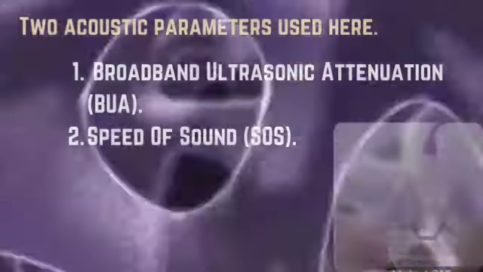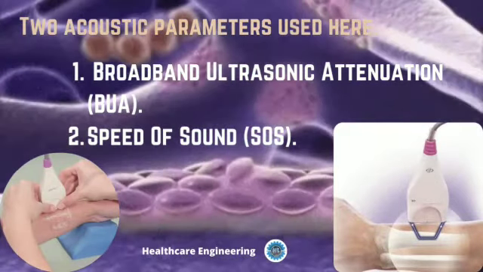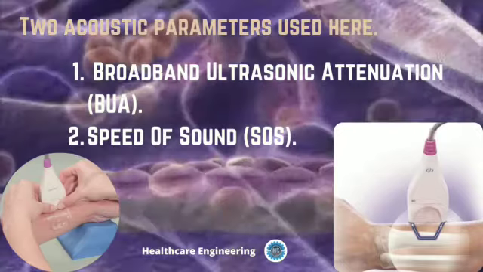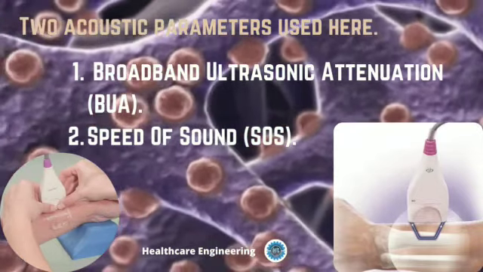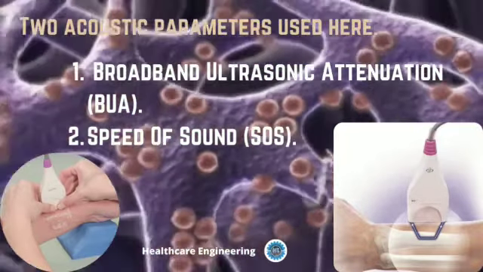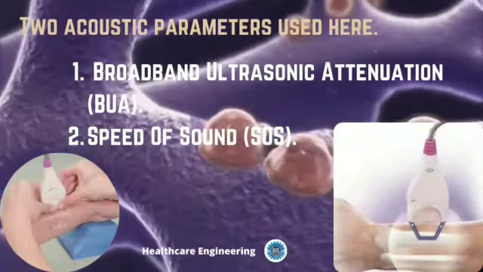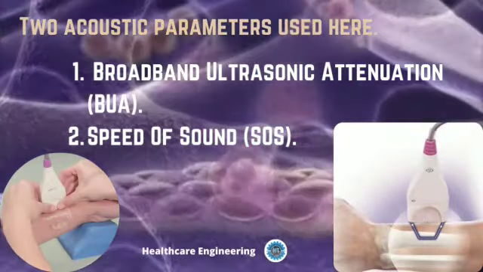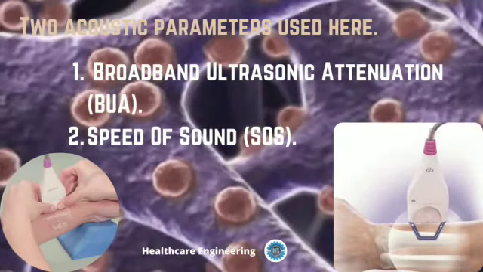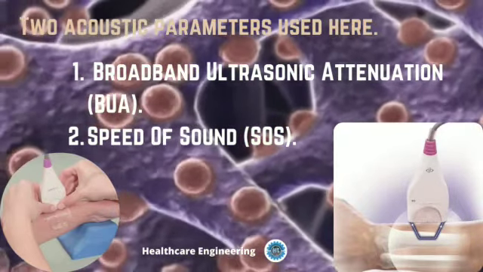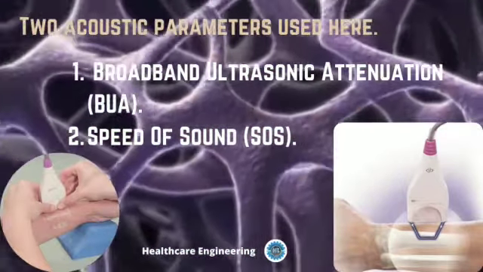By processing an ultrasonic signal propagated through a bone, it is possible to estimate broadband ultrasonic attenuation and speed of sound. Bone ultrasound attenuation is a measurement of the differential attenuation of sound wave transmitted through the calcaneus, and bone mineral density of the calcaneus and hip were measured. These two acoustic parameters have also been shown in prospective clinical trials to predict fracture incidence.